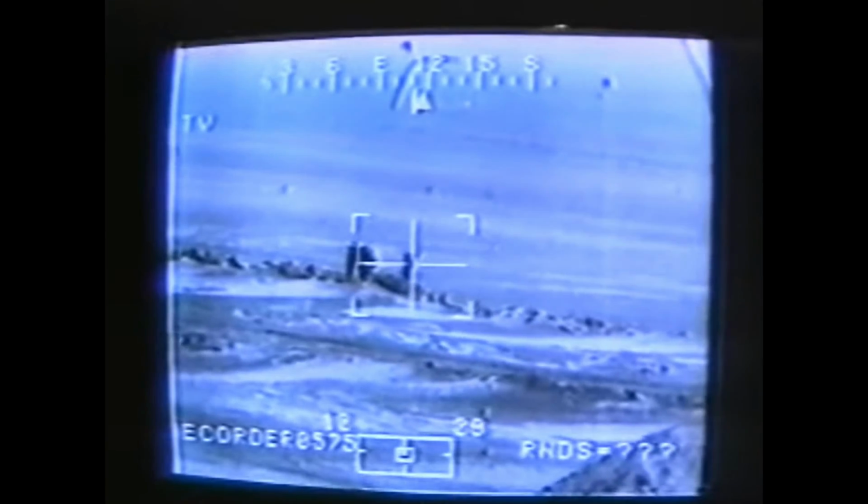Another Cobra flight, led by Captain Randall Hammond, destroyed 4 T-62s, and when 9 Iraqi soldiers were seen through the FLIR, waving white surrender flags, they used the helis to round them up like cattle, until the Marines on the ground reached their position and took the Iraqi prisoners in. However, Iraqi artillery was directed to their position, and the helis were forced to withdraw. However, on their egress, one of the Cobras scored another kill on a T-62 with a TOW. It was clear that when the T-62 was hit, the turret flew off and landed upside down back on the